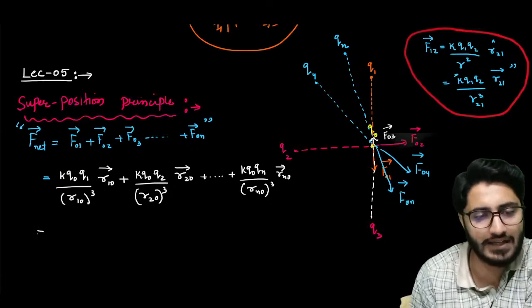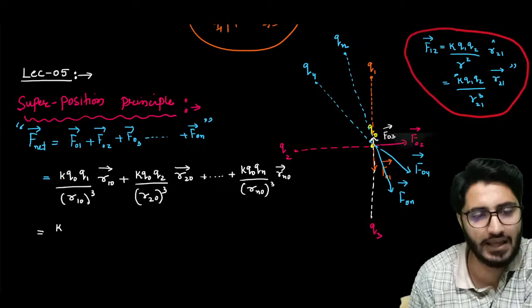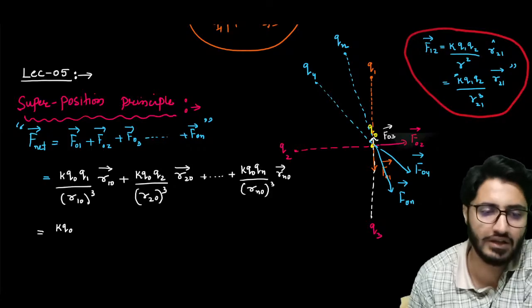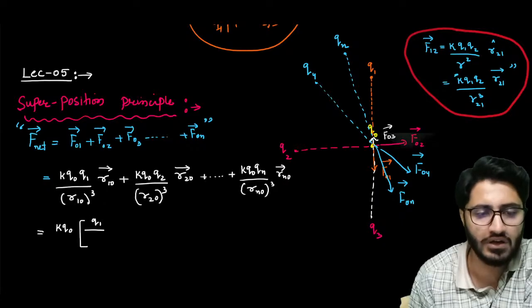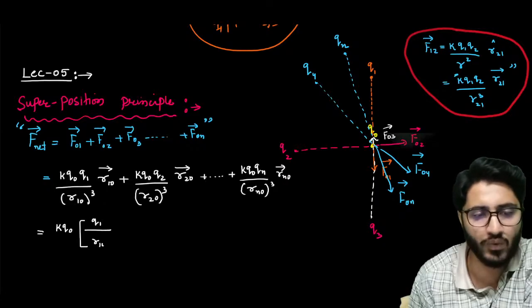So I guess I can take some quantities common. I can take K, Q naught common. Then what can I write here? So I can write here Q1 divided by R10 cube, then R10 vector,